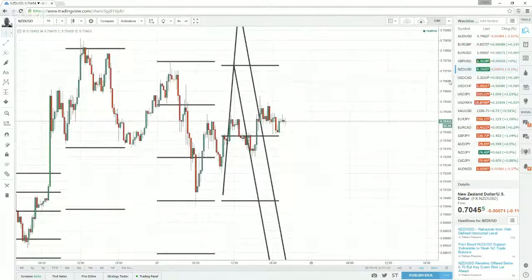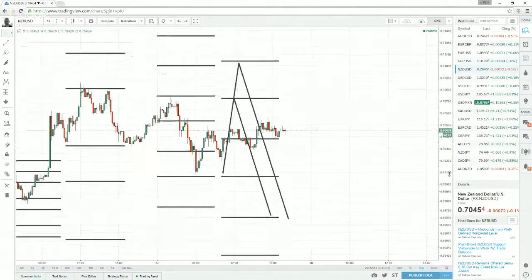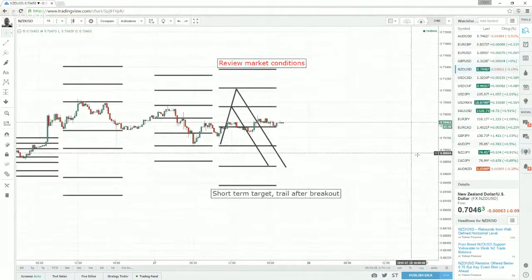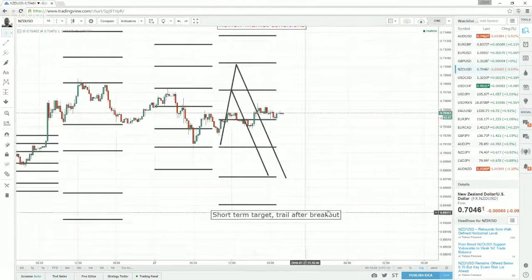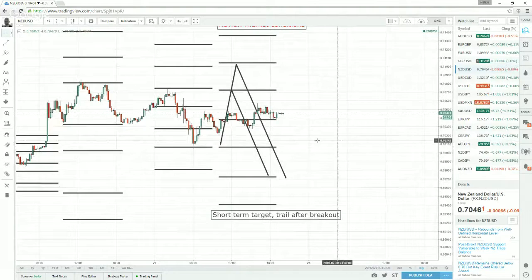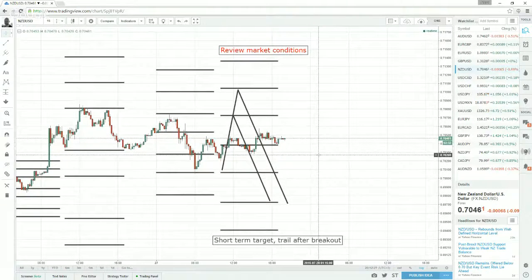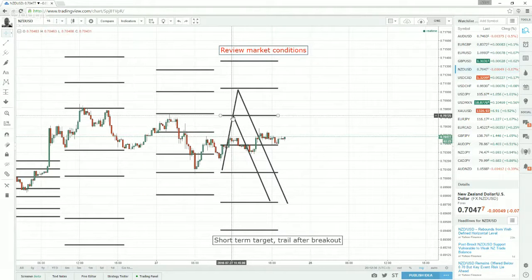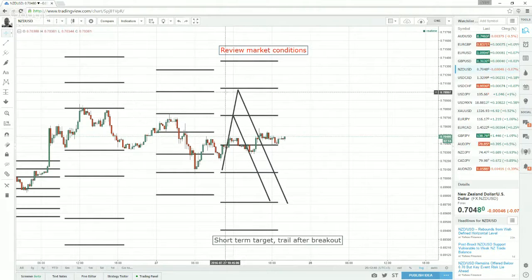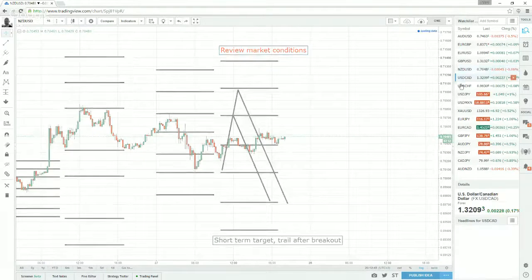So Kiwi, I do expect it to go down. Of course, this short-term target is a break even, I would say, in this case. In case the price will continue its down movement, there will be a possibility to make a lot. All right, and the entry points are: the first one is at 0.70722, and the second one is 71. So that's where to sell it.